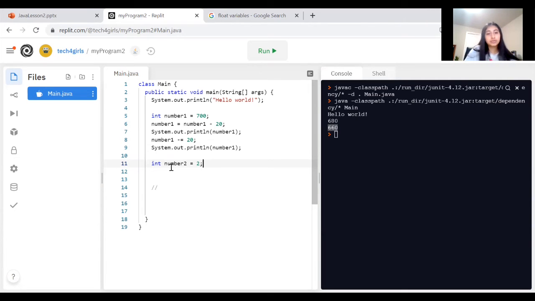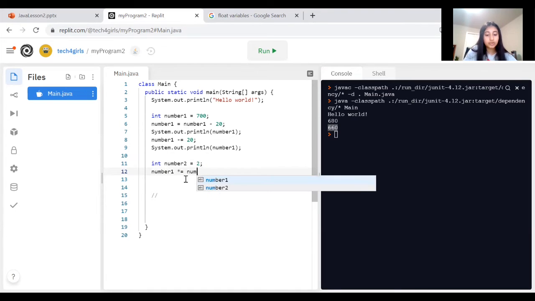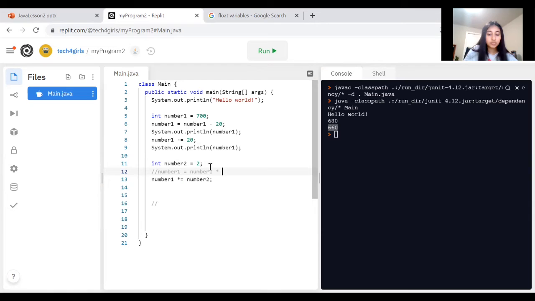So what I would do to update number 1 with this new value is times equals, right? Because we're trying to multiply. Then we're going to do number 2. Now this is basically the same thing as saying that number 1 equals number 1 times number 2,